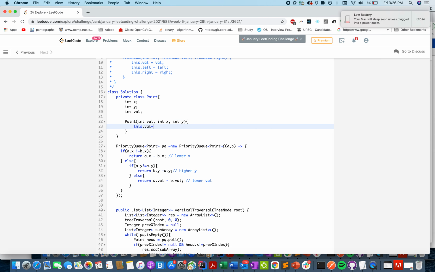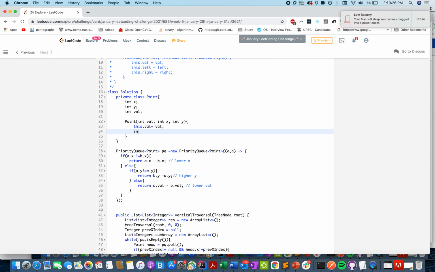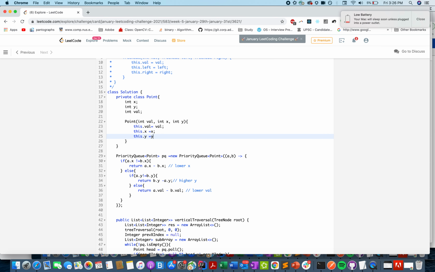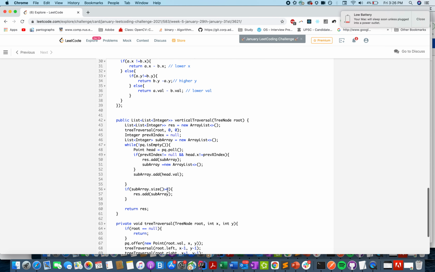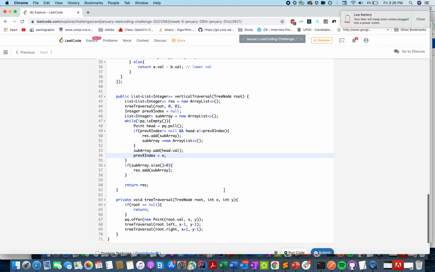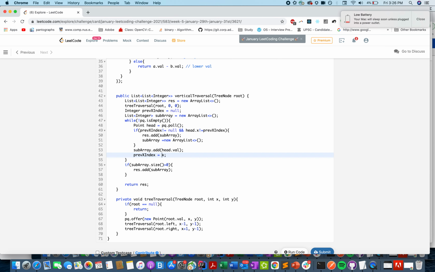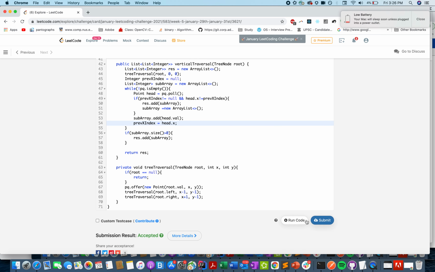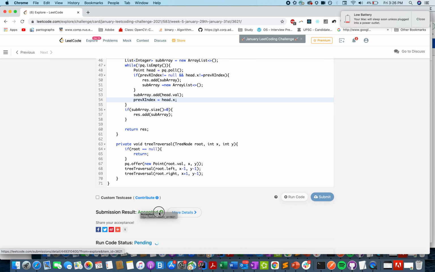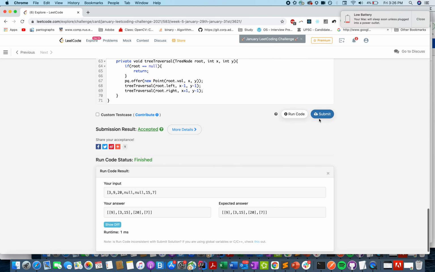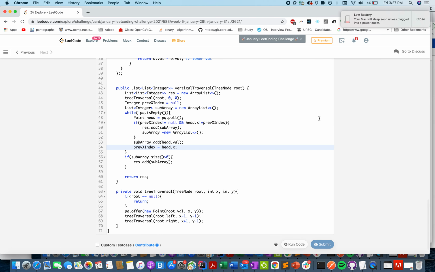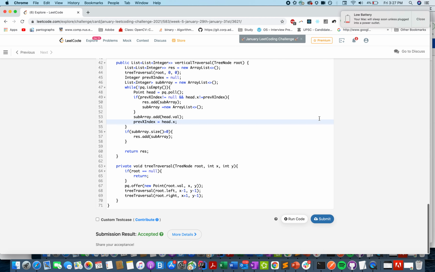This dot val equals val, this dot x equals x, and this dot y equals y. Also, we need to update the value of the previous x as we iterate through the algorithm, so previous x gets assigned head dot x. Let's try this. I already tried it, and it worked. Yeah, it's done.